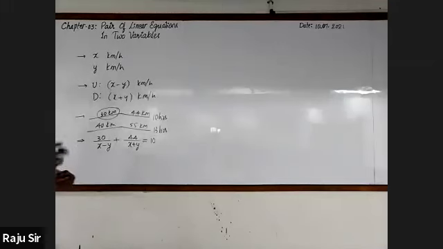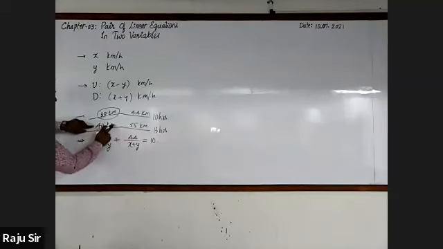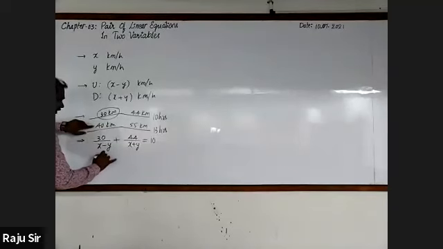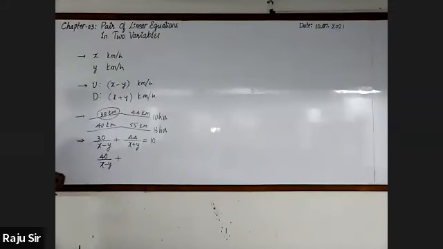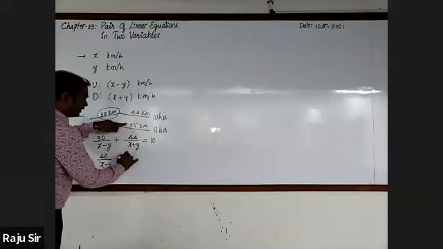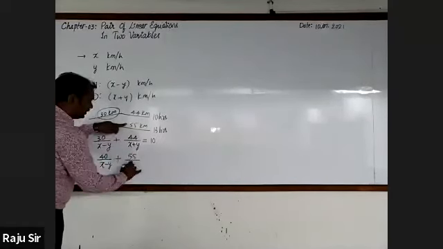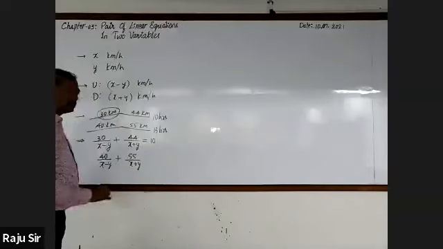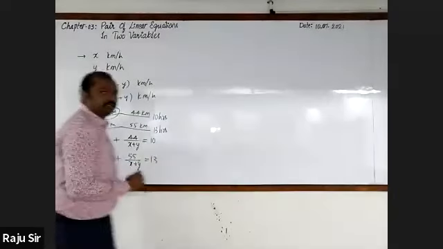And we got another equation here. In the second case, it covers 40 kilometer in upstream. Time taken is 40 by x minus y hours. Then the time taken to cover 55 kilometer is 55 by x plus y hours. Altogether, it is 13 hours.